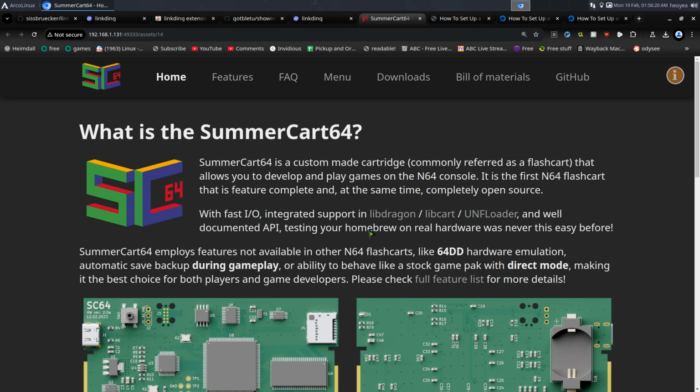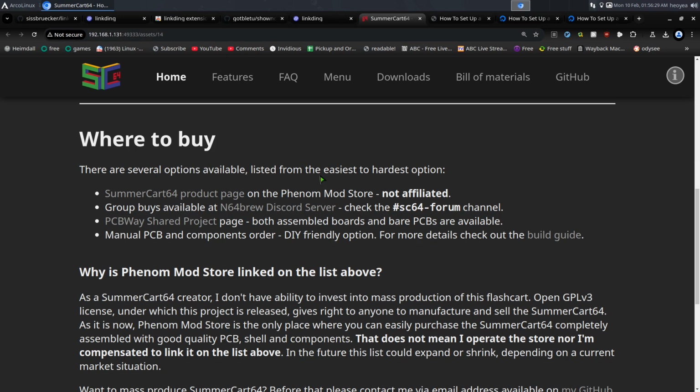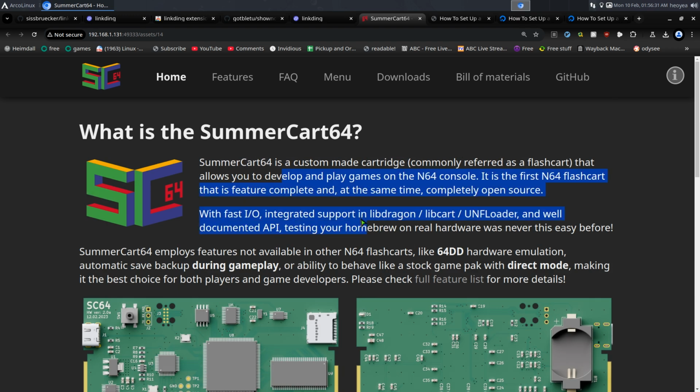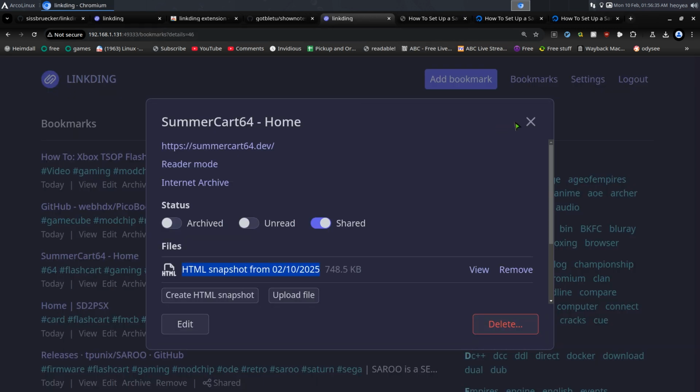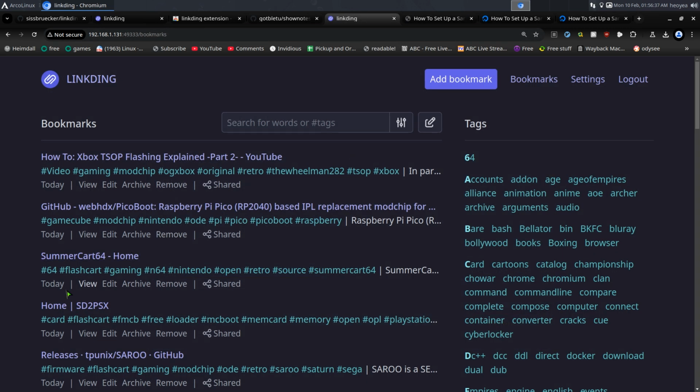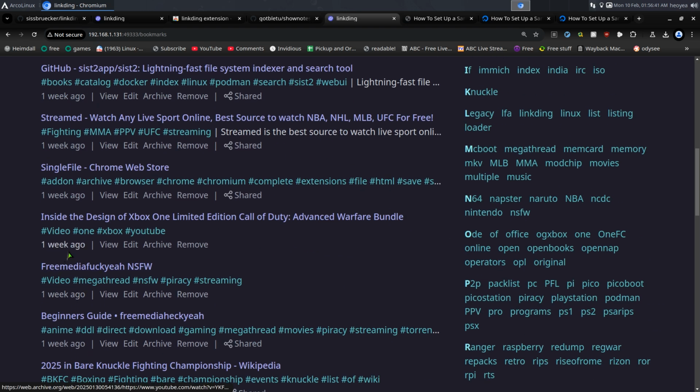Look at this thing. So this is our snapshot. You can see this is our local IP here, with the URL, and this is the page. So if you want an offline version of that page, you can do that. And the thing next to it, like you see, it says today or whatever it is, the other ones here, right? You can actually see